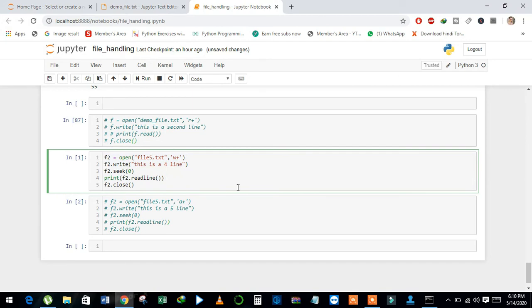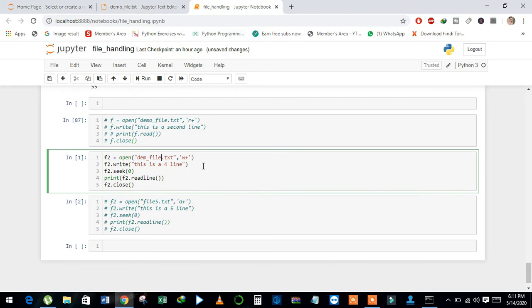And now we will discuss W plus mode. W plus mode just overwrites the data in the file. Let me write here demo underscore file.